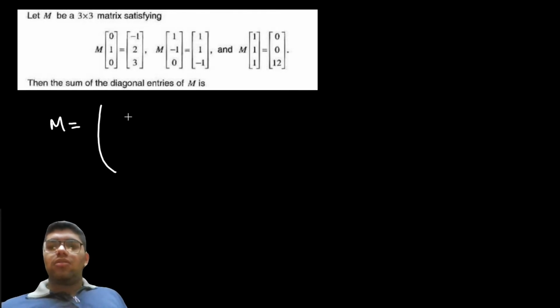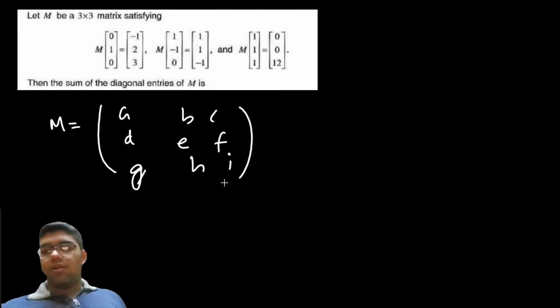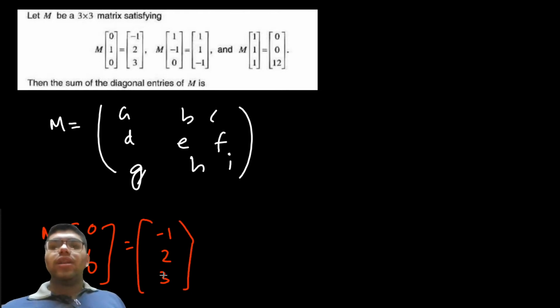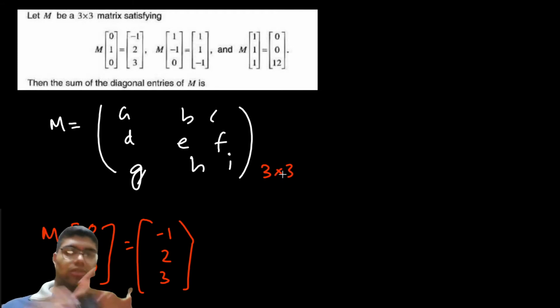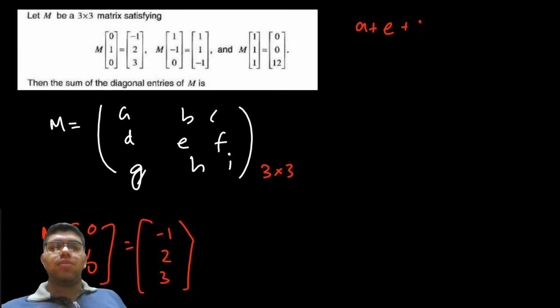But yes, I found, see, what do I find? Let me do it in my way. So this is one of the simpler ways. I'll call it G, H and I. This is my M, so this is my matrix M. So my first equation is M times (0, 1, 0) is equal to (-1, 2, 3). See, why do I need to do it? My biggest motivation to solve it using this kind of approach, this rough standard approach, is that I have to find the value of E plus I.